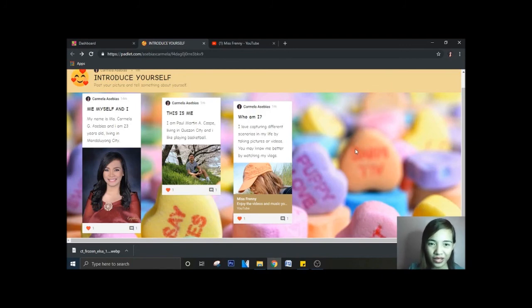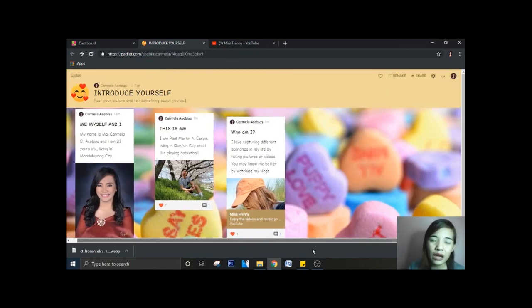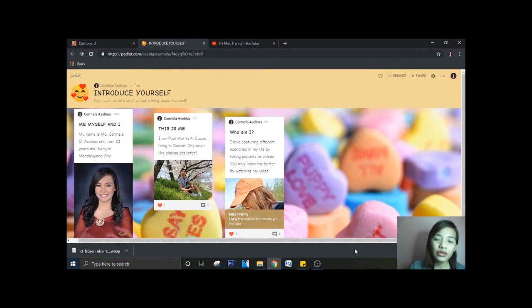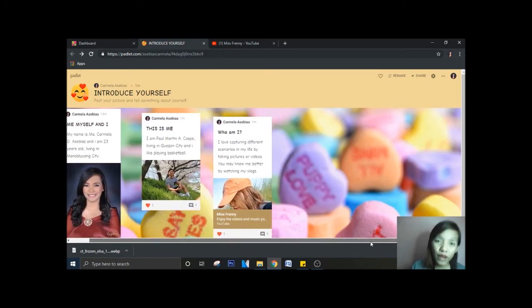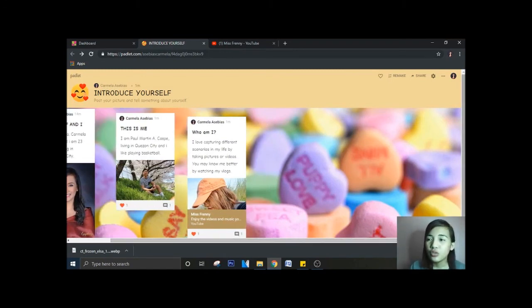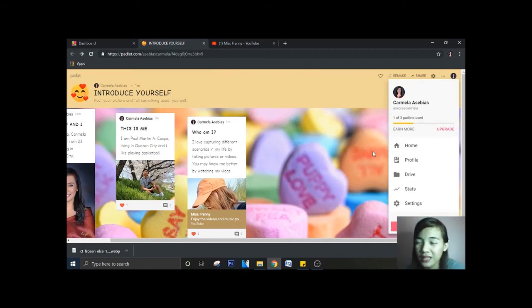Okay, so that's how Padlet works. But since this is a free account, free accounts can have only 3 bulletin boards. So we have already 1, so we are allowed to have 2 additional. You can see, just click your picture here. Stated here, 1 out of 3 Padlets. So after making 3 bulletin boards, I can no longer create another bulletin board unless